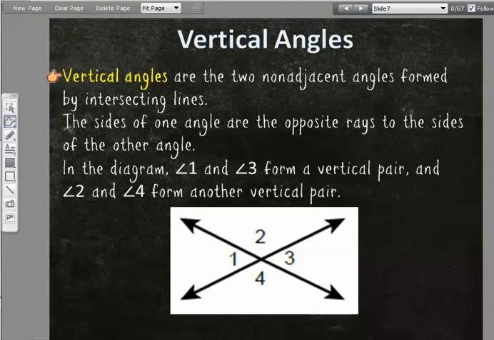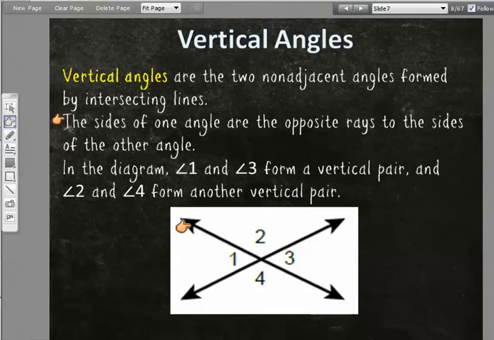Okay, vertical angles are two non-adjacent angles formed by intersecting lines. And remember the word adjacent? That means they're right next door to each other. So if they're non-adjacent, that means they're not right next to each other. Okay? Now the way you create these is the sides of one angle are the opposite rays to the sides